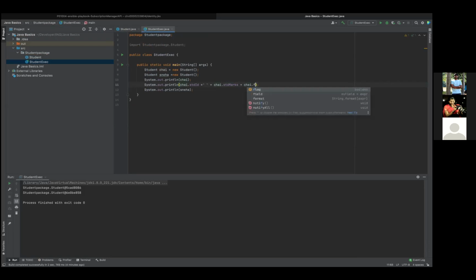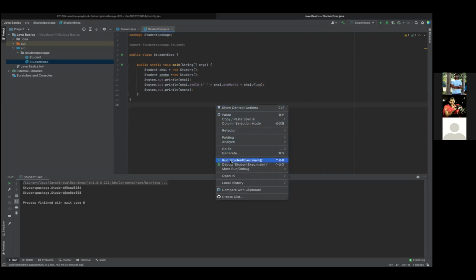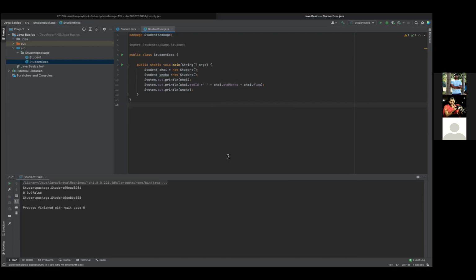Did you create it in private or you have it in the public flag? Yes. Okay. Can you execute now? So if you see the first one, CHAI ID is an int, which has value as 0. So right in the second line, you can see the int has given the defaulted value for that int data type as 0. Now for the float, it has given a defaulted value as 0.0. And for the flag, your Boolean flag will always be defaulted with false. Okay. Now we can try the default values of other attributes as well.